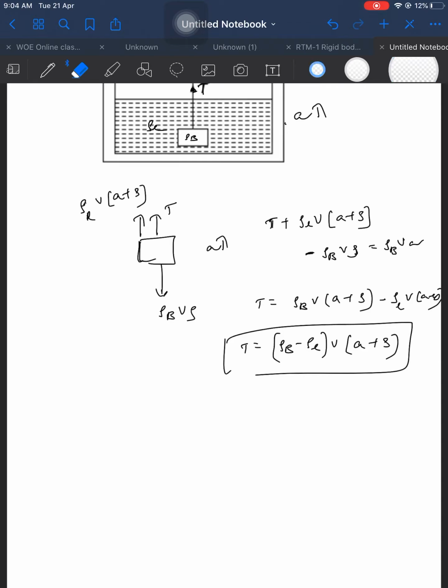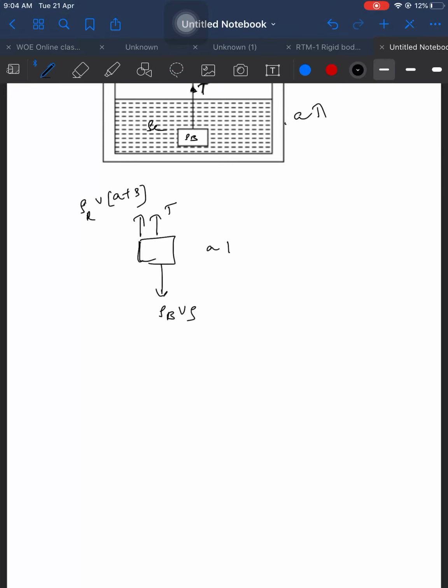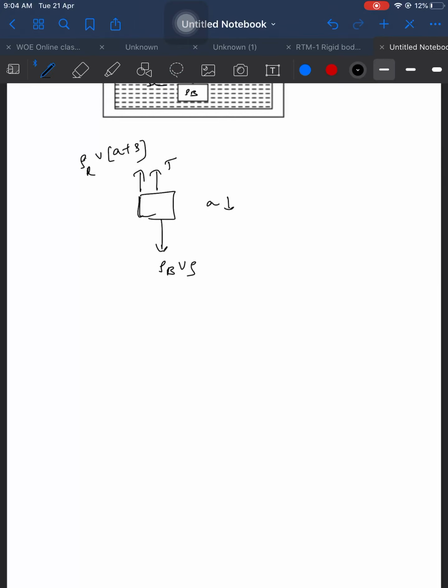Next, if the body is going in the downward direction with acceleration a, the entire vessel is going downwards. I am changing the situation. If it is going downwards, how to do it? Which force is more? Rho b, the downward force, is more. So when a body is going downwards, the buoyancy force is equal to rho l into v into (g minus a). So rho b v into g minus T minus rho l into v into (g minus a) is equal to